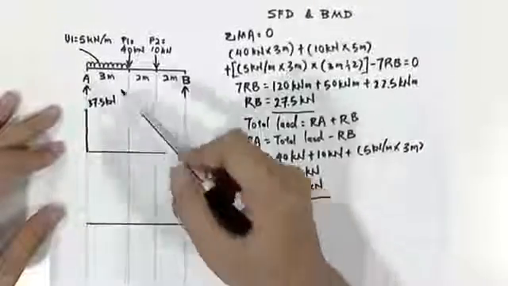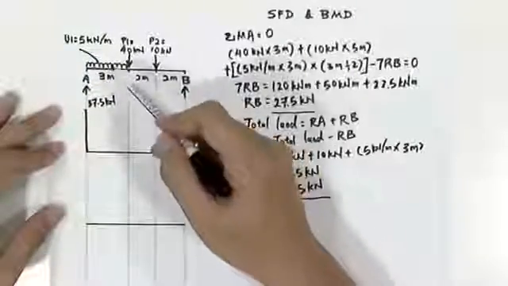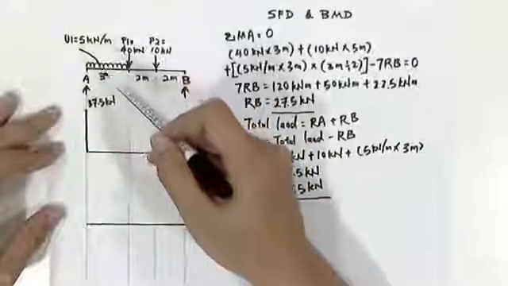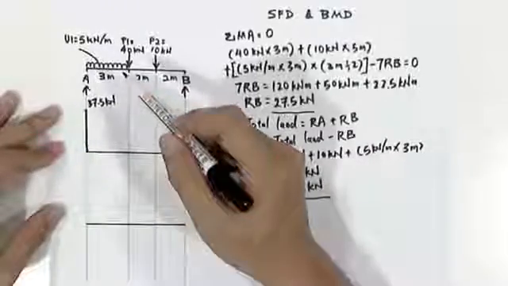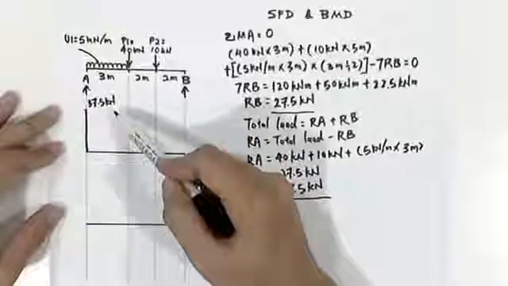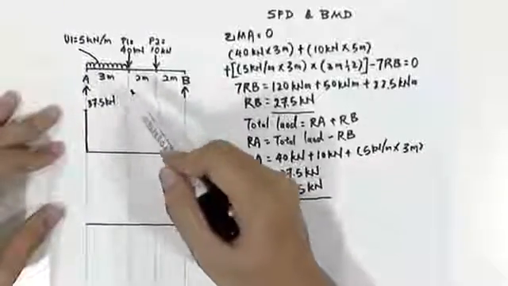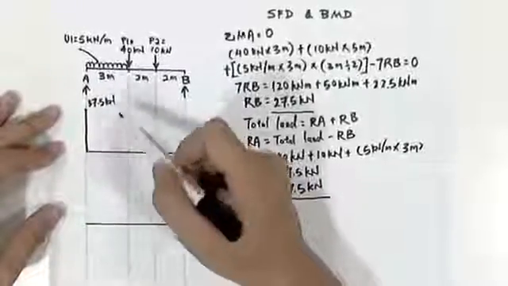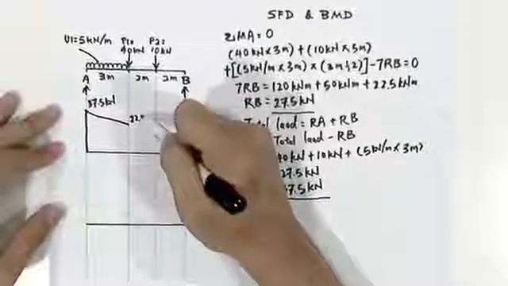What this uniform load will do to the shear force is that it will create a force of 5 times 3 meter, so we have a force of 15 kilonewton. Therefore the value 37.5 kilonewton will be deducted by 15 kilonewton, and the value we'll get will be 22.5